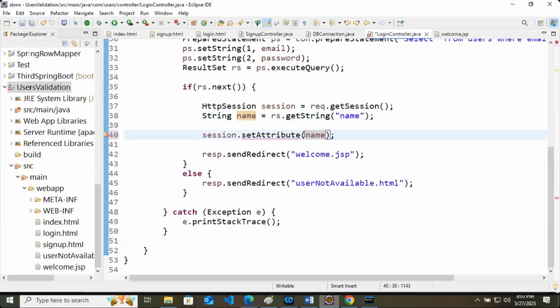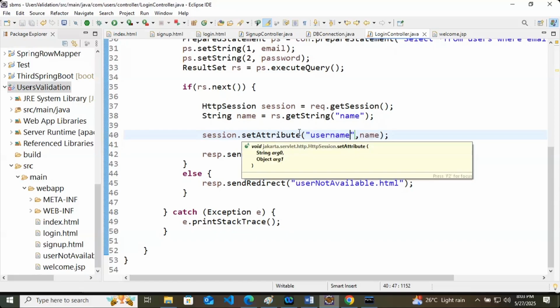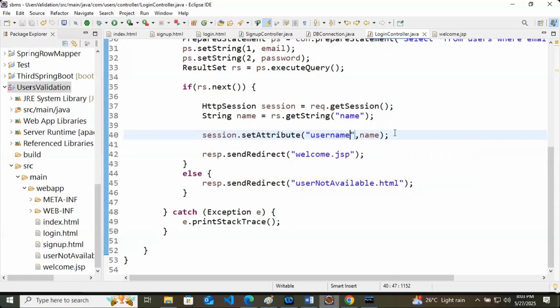The second is the variable name for the JSP file. I will say username. It means if you are accepting the name in the welcome file, you have to type username as the variable name. So session will take this value now.